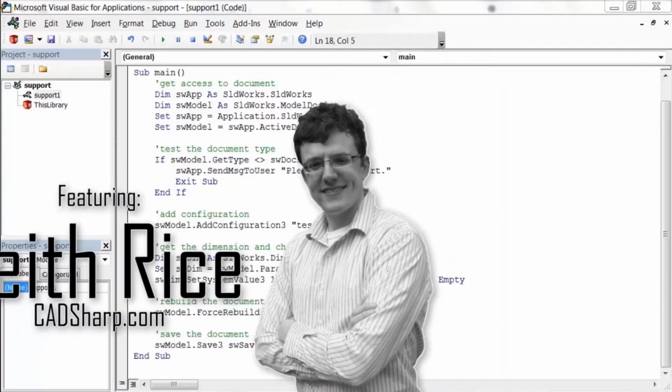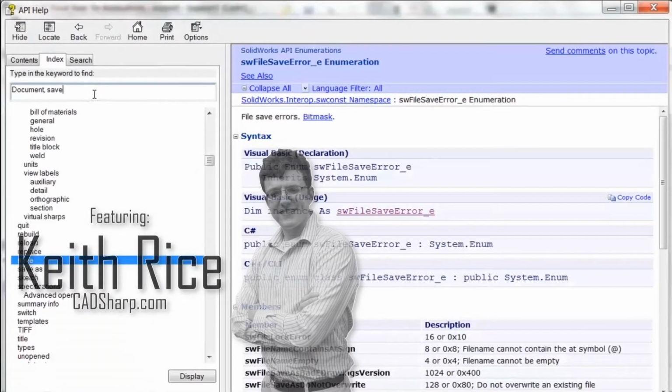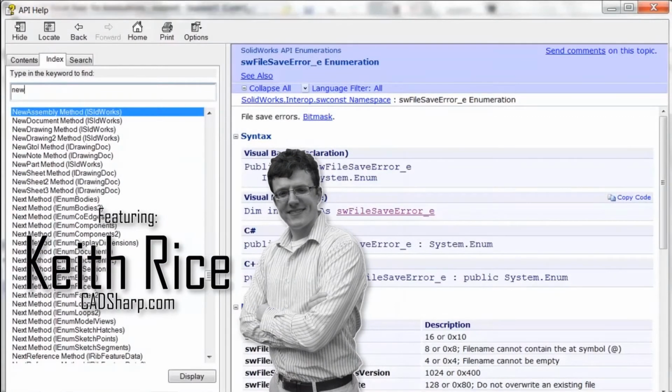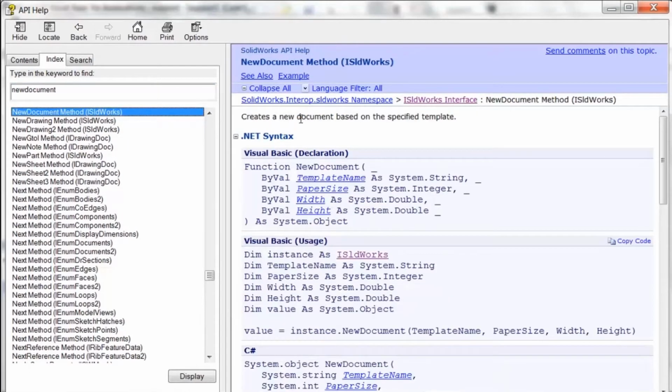So let's go in the API help now, and I want to talk about the ways in which we could create a new drawing. There is an API call called NewDocument, which you probably would have run into if you just typed in the document keyword and then looked for new. You would have run into this, and basically this will let us create a new document based on a specified